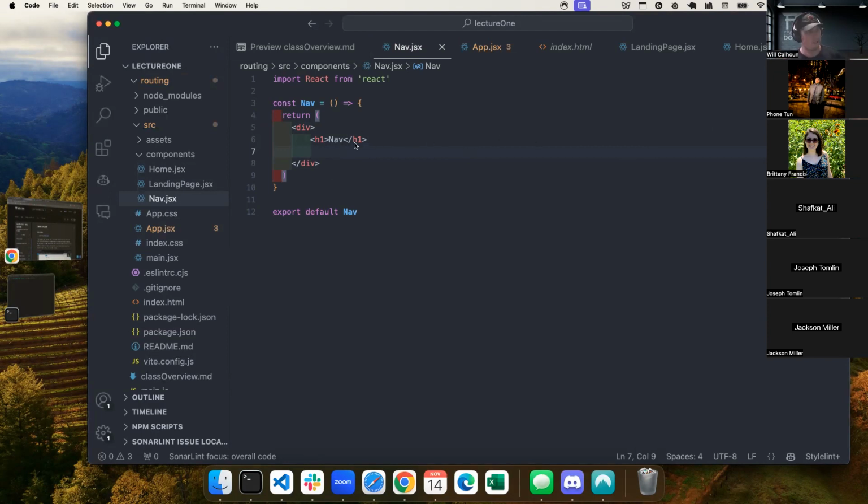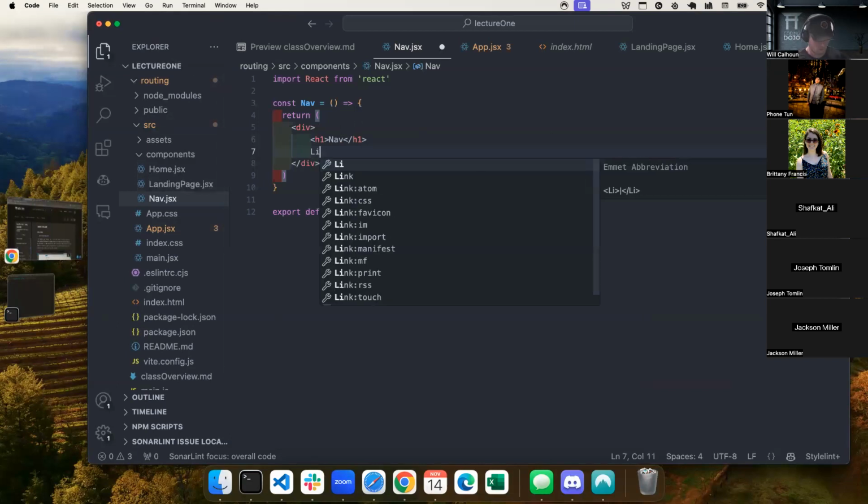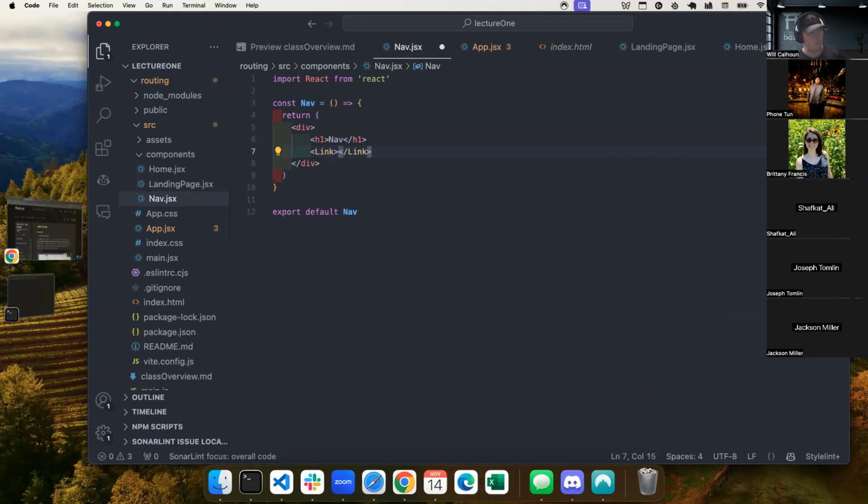What we do instead of an A tag is we use this term called link. Link acts just like an A tag, but it's in React. Anything in between the link is what you visually see. So if I say something like landing page, great. Maybe I have another one.